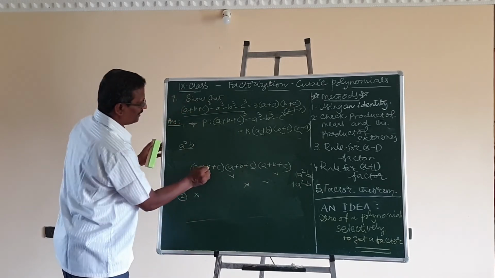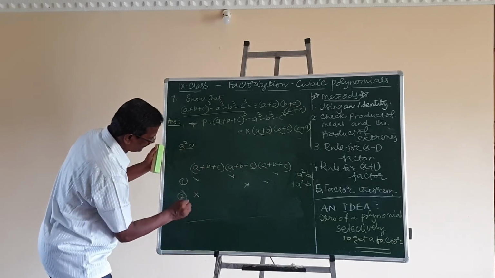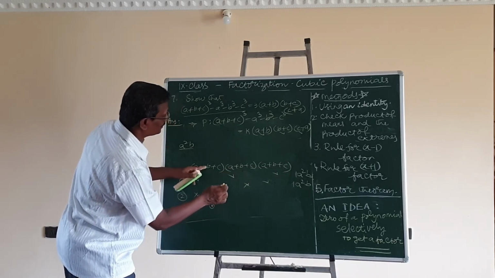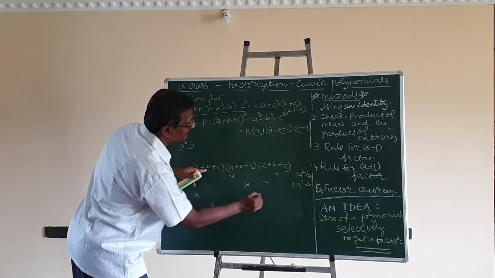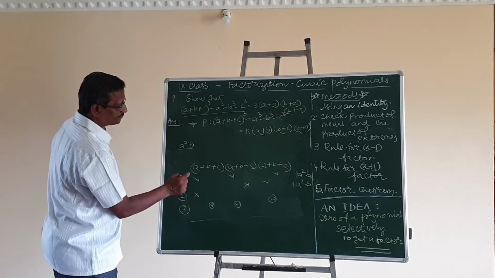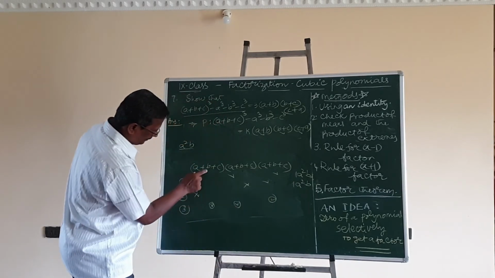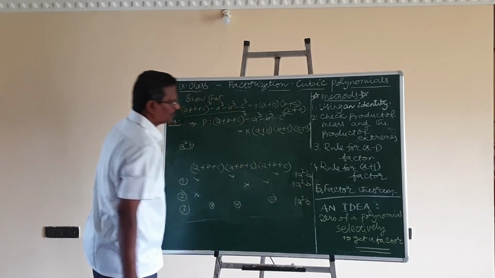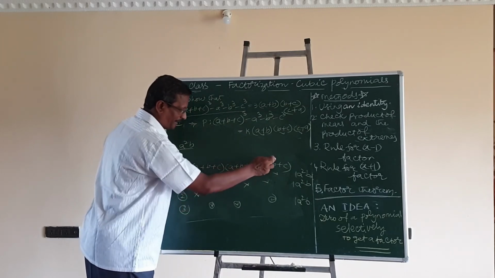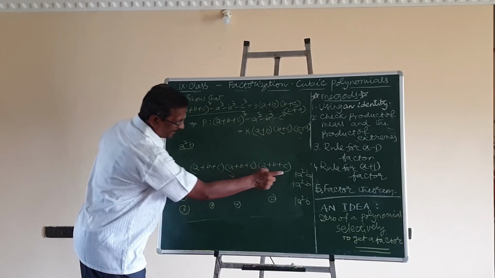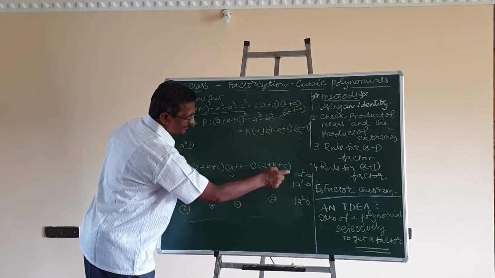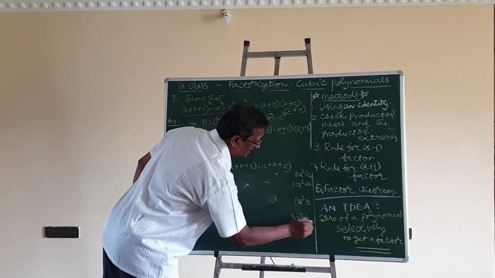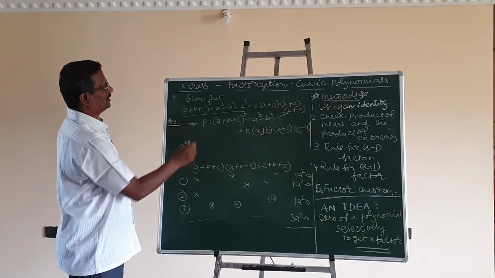Now the third one is, let us take with b. From the first term I will take b, and the second term I have to take a, third term also I have to take a. Here also b into a, this is also 1 a square b. So in the expansion we will get a square b 1, a square b 1, a square b 1, that is coefficients 1, 1, 1. On adding, this is 3 a square b, the coefficient in the LHS.